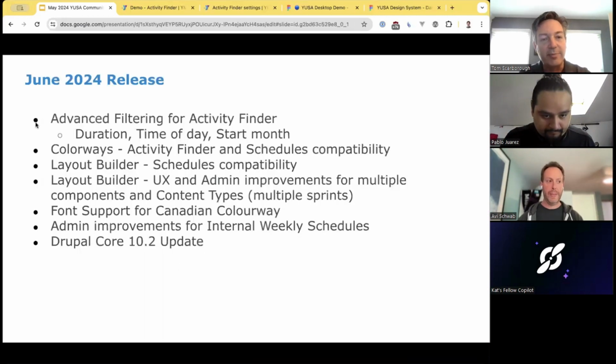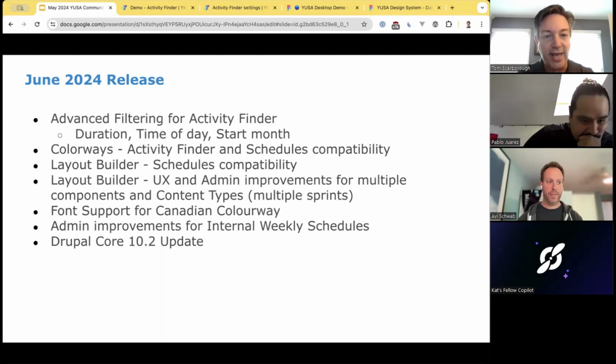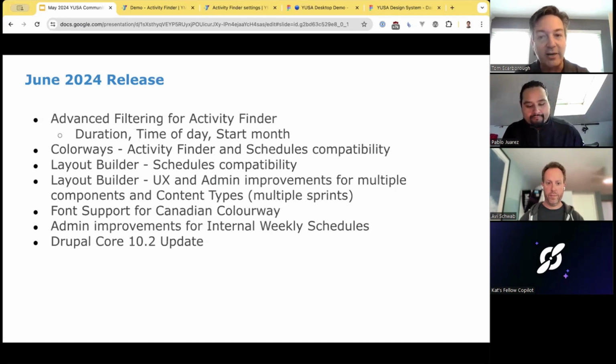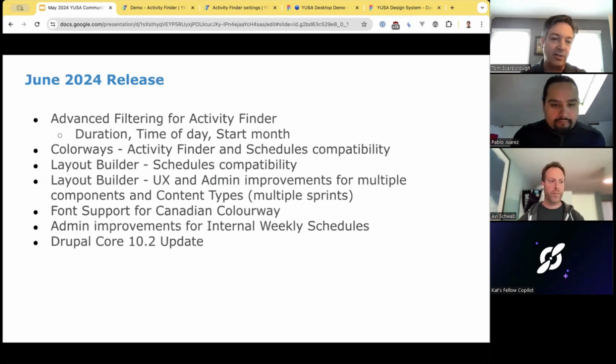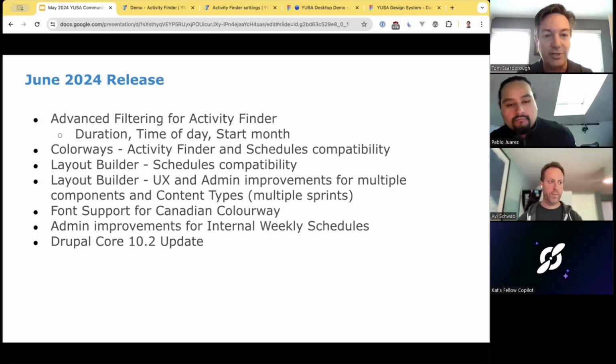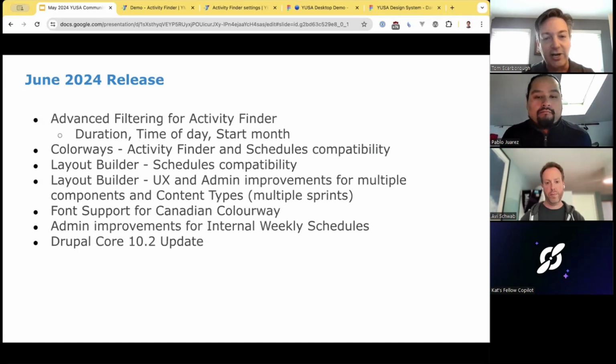So in the forthcoming June release, we have some great things coming. We have some advanced filtering for the Activity Finder utility. So that will include factors like the duration for a given class session or the time of the day that you're targeting or the start month for that program. And then we also have some colorways improvements, in particular for the Activity Finder and also for the new schedules